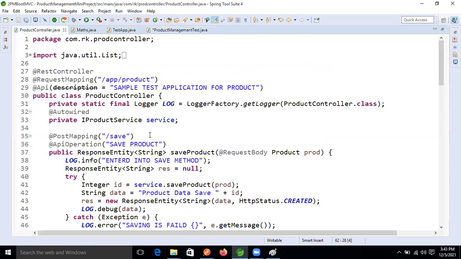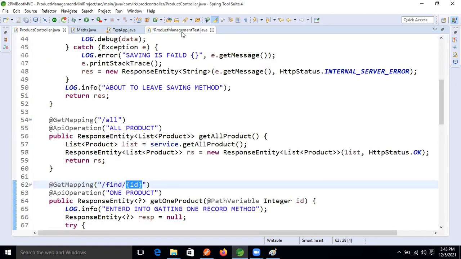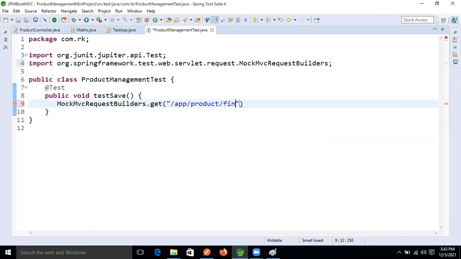And what is the MockMvcRequestBuilders return type now, guys?